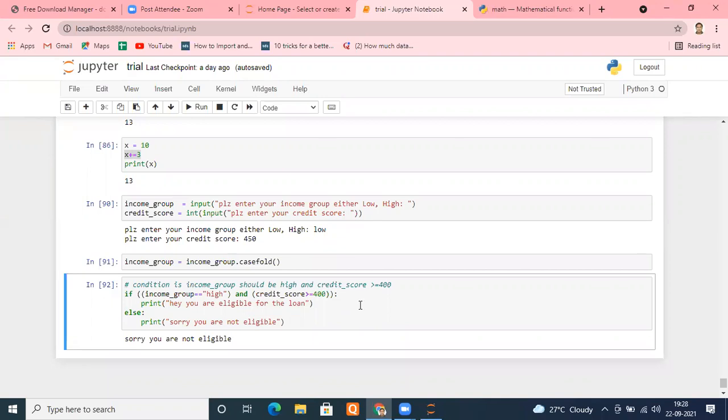In case we want that if he satisfies even one of the conditions, either he's high, or has a score of 450, then what do we have to do? If any one condition is true, make the output true. Which operator will you use? Yes, Or. I hope things are clear with everyone.